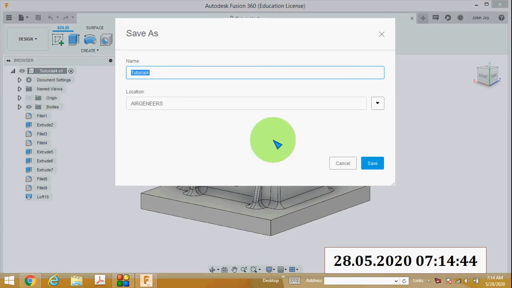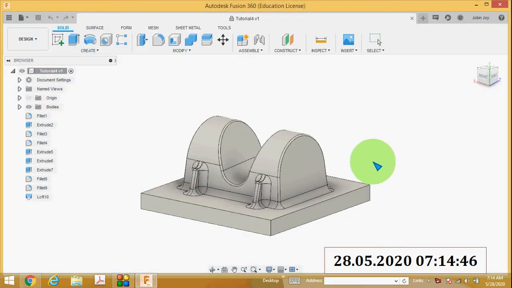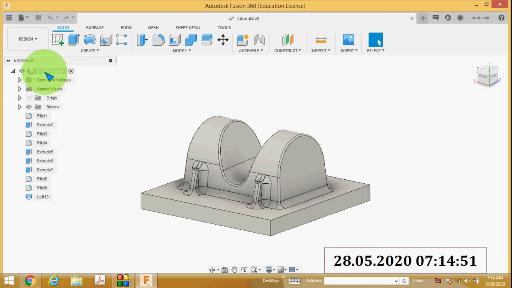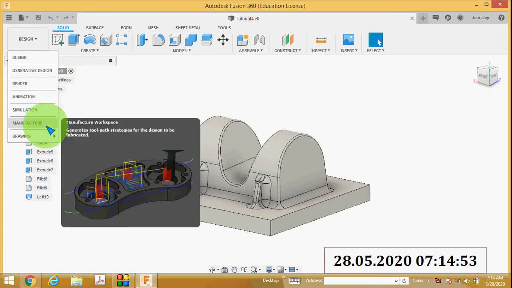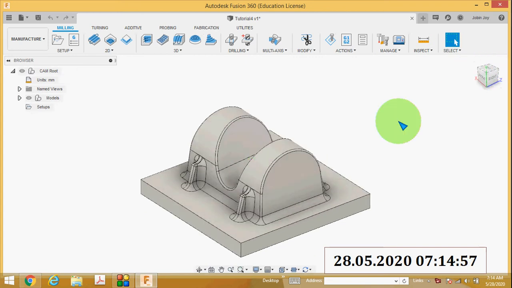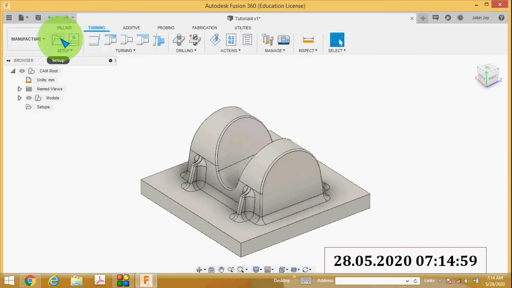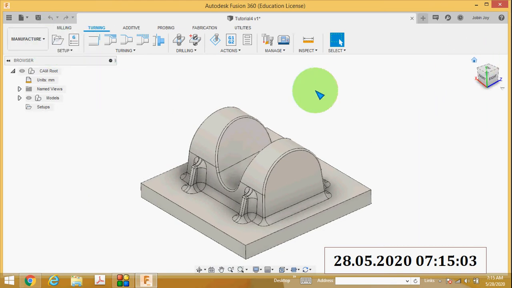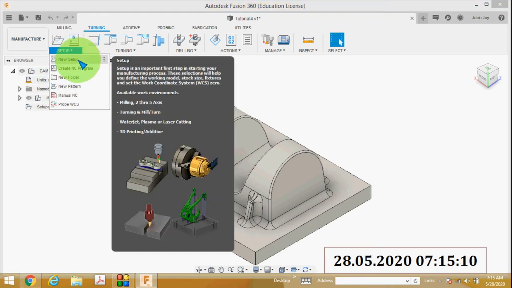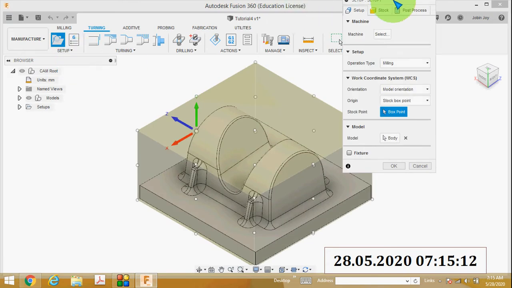Then next you have to save this. Then you can change the workspace into the manufacture workspace. Now you can see the CAD model is in the manufacturing workspace. If you want to change the unit, you can change the unit. Then the first step is to click new setup,